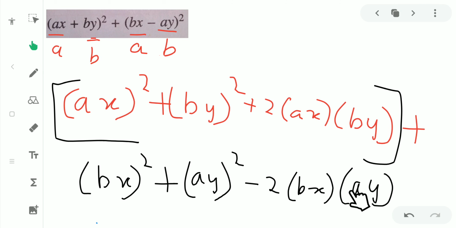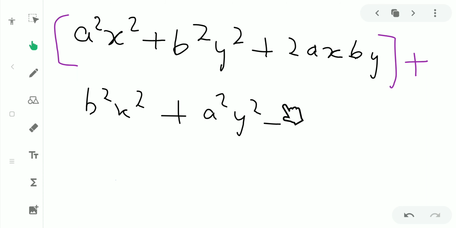So 2 into abxy, so 2 into ax by. So now if you remove the brackets,